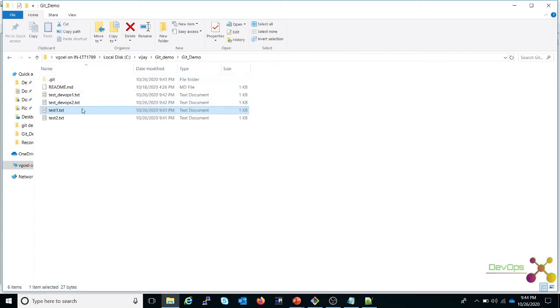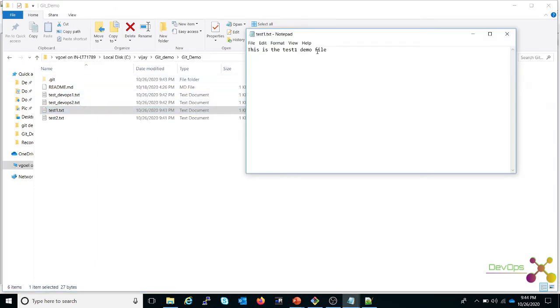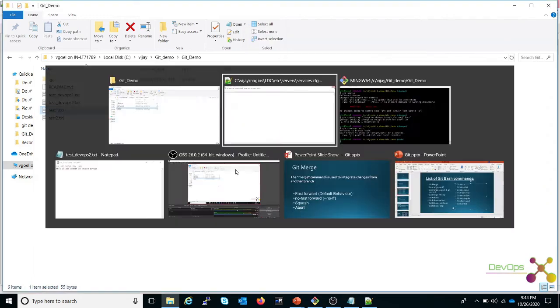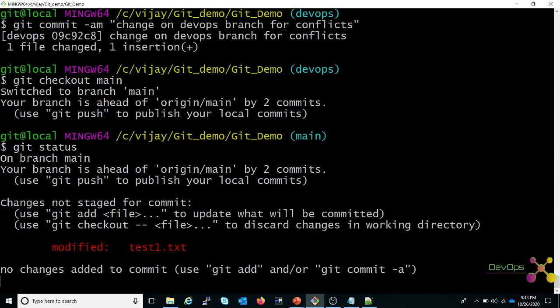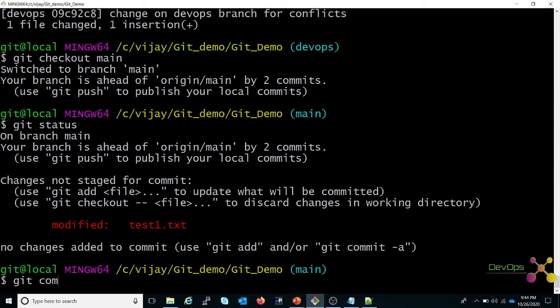So we'll do the same change in the first line, this change in the main branch. Save it, close it. Let's do a git commit on the main branch also.